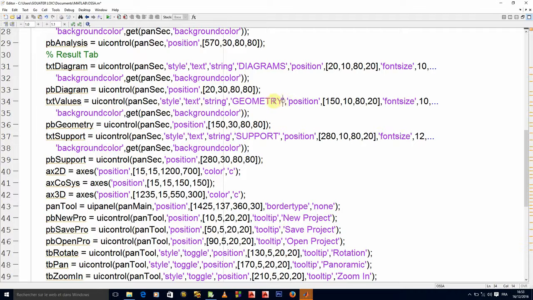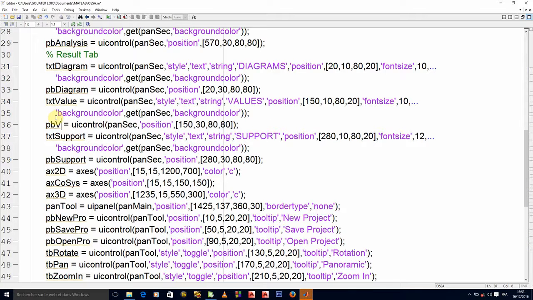And here, values. I'll put value here without S, okay. Here value. And what's the last we said? We said notes, right?